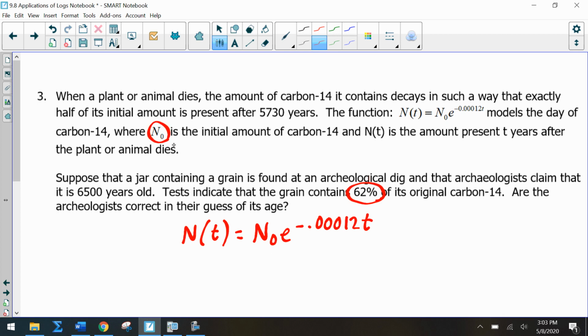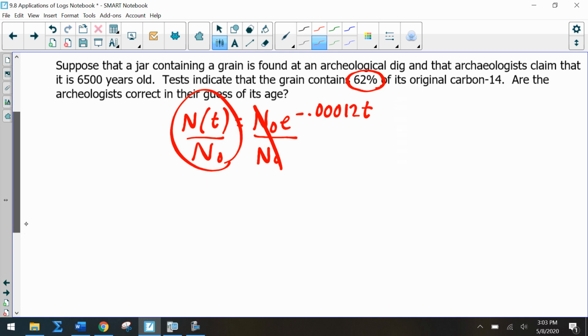And we don't know the initial amount of carbon, but what we do know is that 62% of the original carbon-14 is still present. So if we imagine we divided by N sub 0 here, this amount would be 0.62,